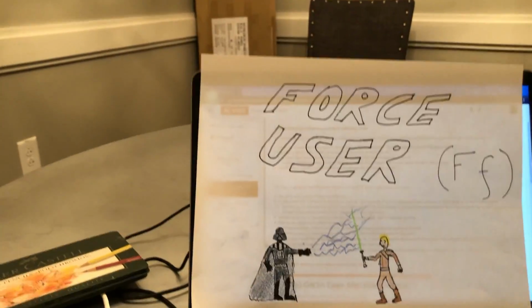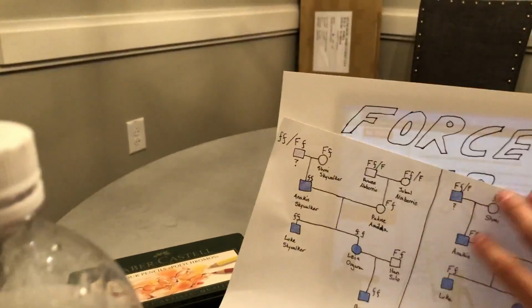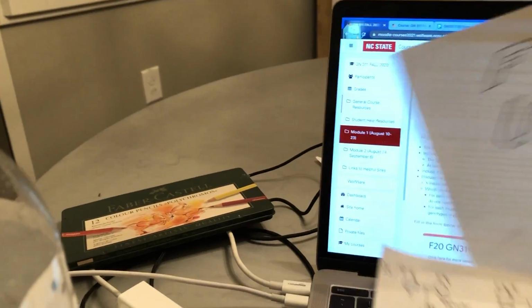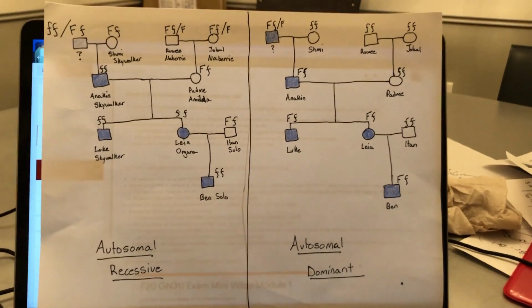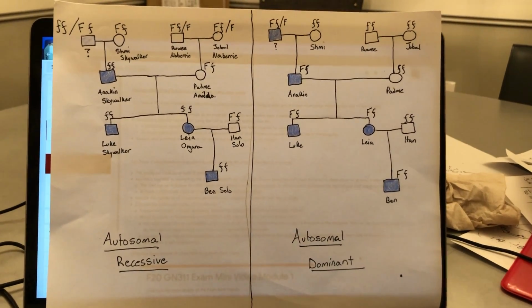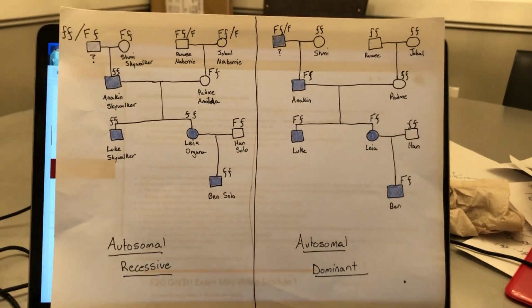Okay, so first we're going to go over autosomal and the possibilities that we have here. So both autosomals, both recessive and dominant, worked. I'll just frame it here for a sec so everyone can see. But just to note,